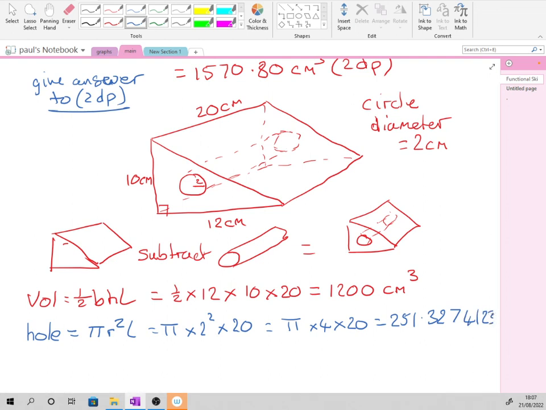251.3274123. Don't worry about all the millions of numbers because it's there in the calculator. So all you've got to do now is 1200 subtract the answer button on your calculator, which takes the answer away from that. So you don't have to type that all in again. So 1200 minus the answer, and that equals, so the wedge with a hole in is